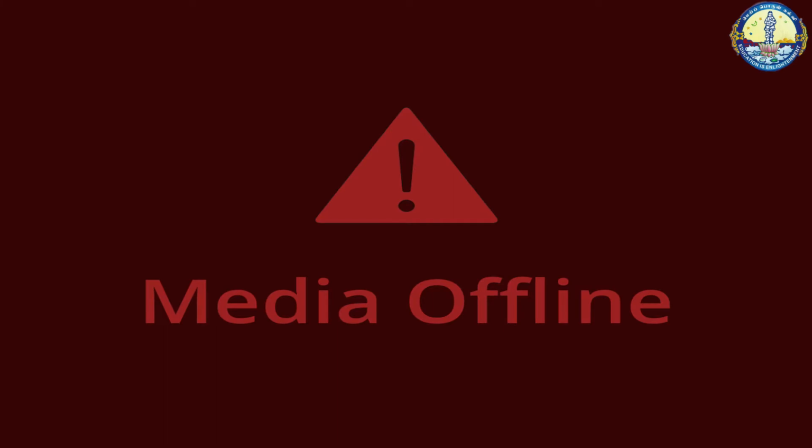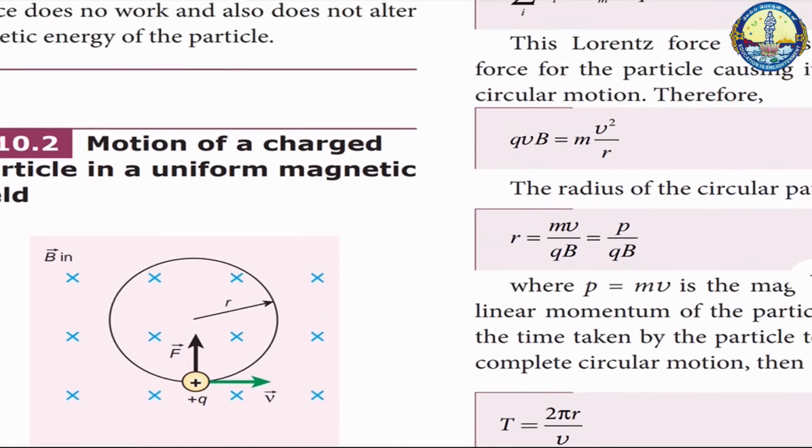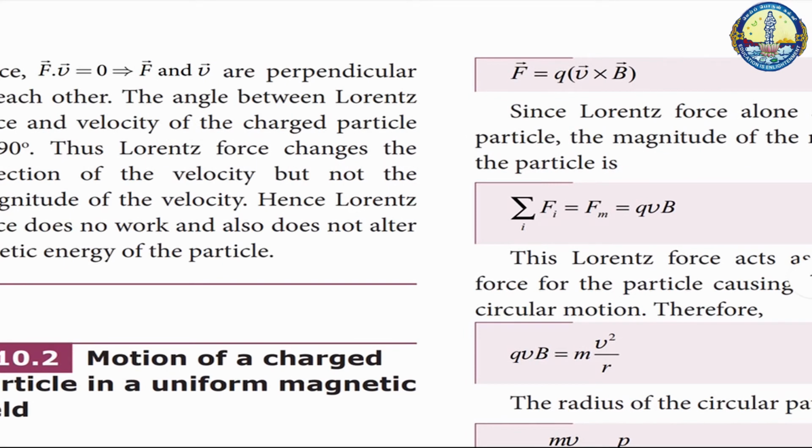The Lorentz force on a charged particle moving in a uniform magnetic field can be balanced by Coulomb's force by proper arrangement of electric and magnetic fields. The Coulomb force acts along the direction of the electric field, whereas the Lorentz force is perpendicular to the direction of the magnetic field. Therefore, in order to balance these forces, both electric and magnetic fields must be perpendicular to each other. Such an arrangement of perpendicular electric and magnetic fields is known as crossed fields.